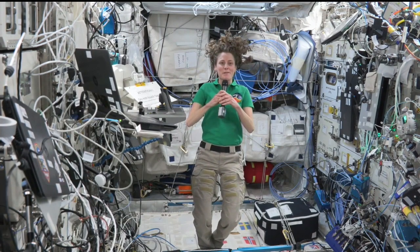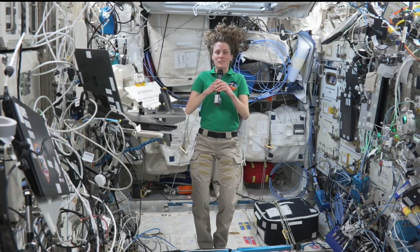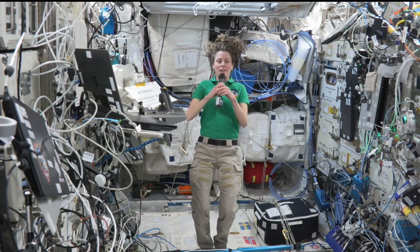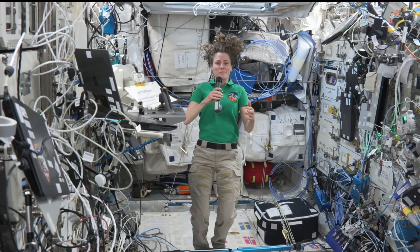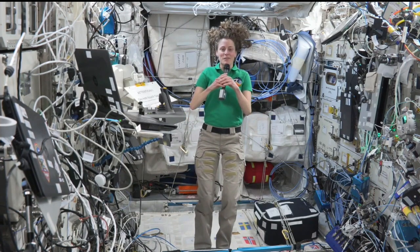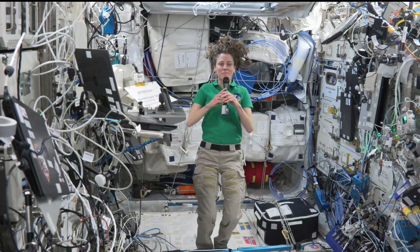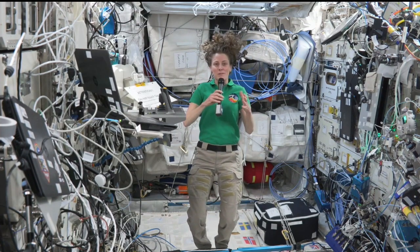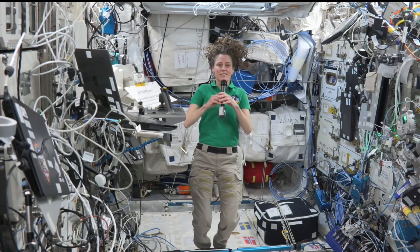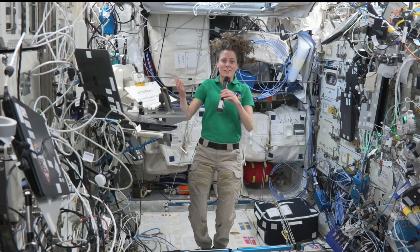There's been so many memorable moments up here. One of the first moments, though, was when we first arrived to space station. So I was in the Soyuz capsule. I'd only been in space for a couple hours. I'd seen the Earth. That was this amazing blue and white marble against the blackness of space, and I couldn't stop staring at it. But then we were on our final approach to space station, and actually seeing space station out my window for the first time was incredibly memorable because you're looking, it's just black, and you're looking at space, and then all of a sudden I saw this solar array